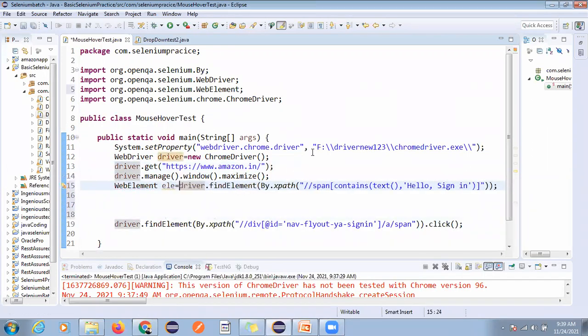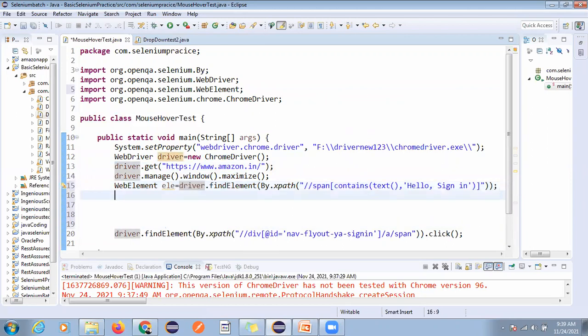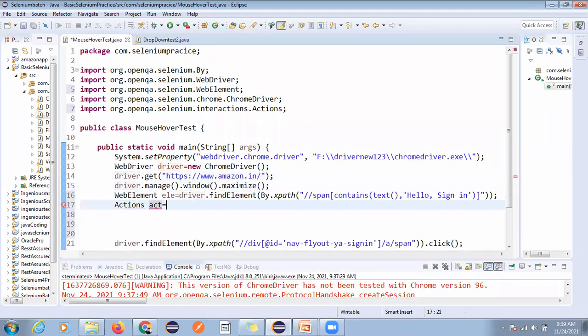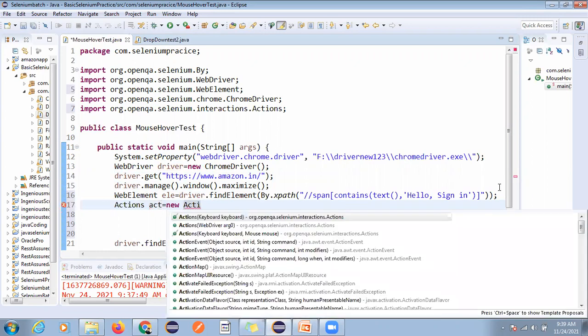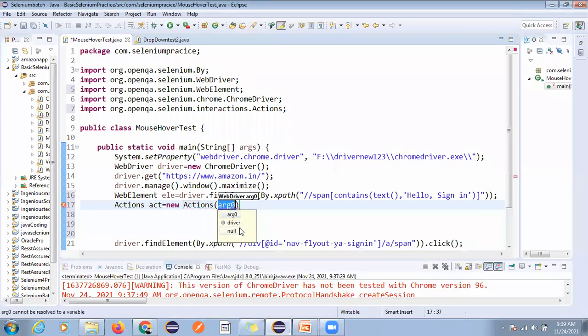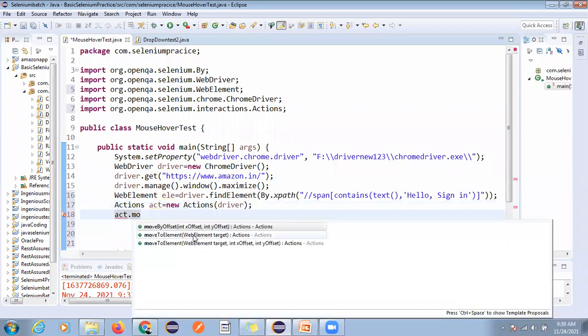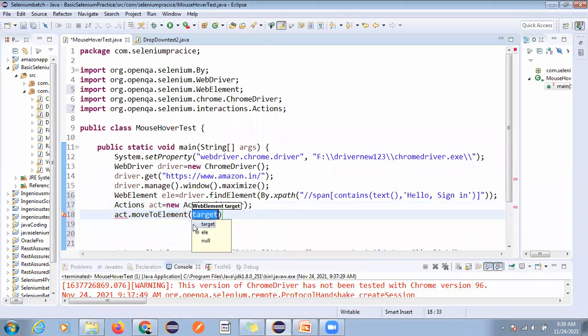Now I will create an object of the Actions class: Actions act equal to new Actions, and it will accept the driver as the argument. Then act.moveToElement. If you go for moveToElement, we have the target, and the target is your ele. Now we will use perform.